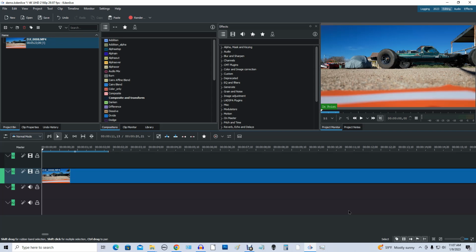But this is totally free. It's got a learning curve, but it's not all that tough. And once you learn how to use it and get comfortable with it, it makes editing kind of fun. So with that said,